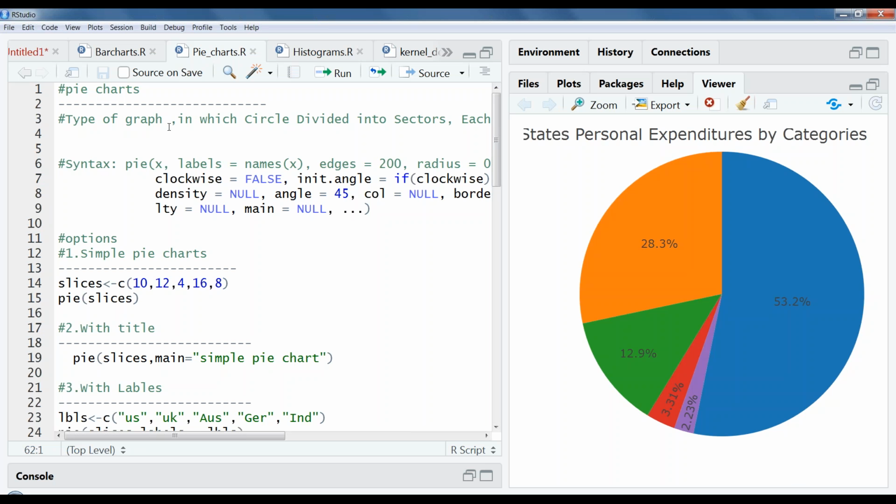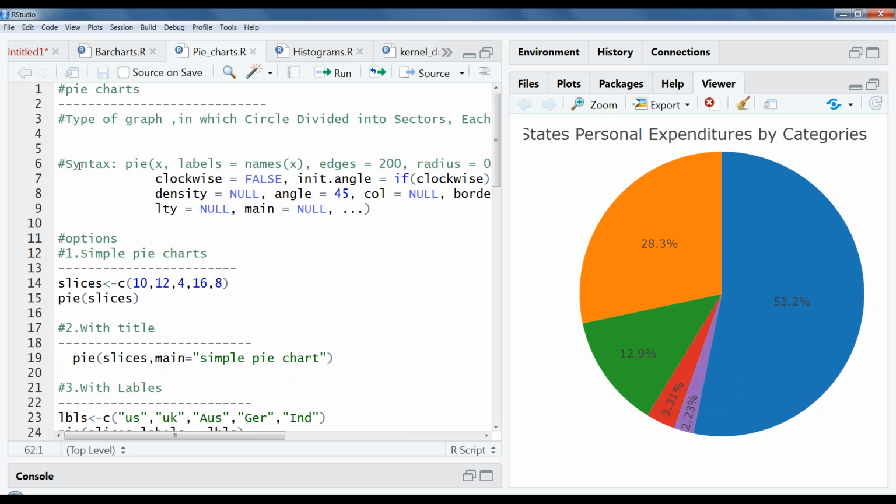If you are going to categorize and then you want to represent some sort of graph, then you can go with this pie chart. Otherwise we have different options like bar chart, histogram, kernel density plot, and various other options. But whenever you want to represent a categorical variable with a limited number of values, then we can go for pie charts.